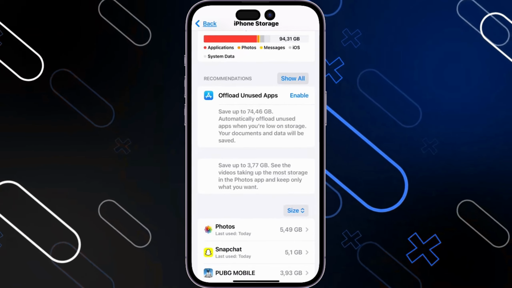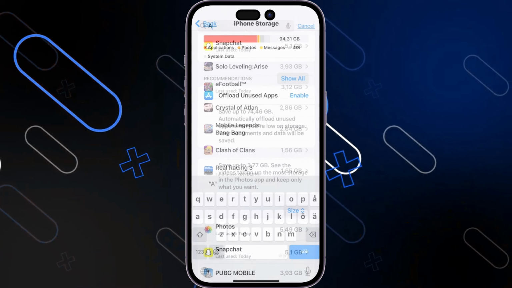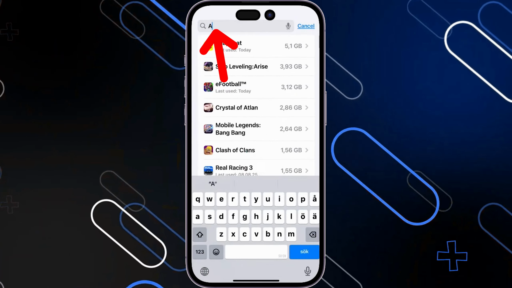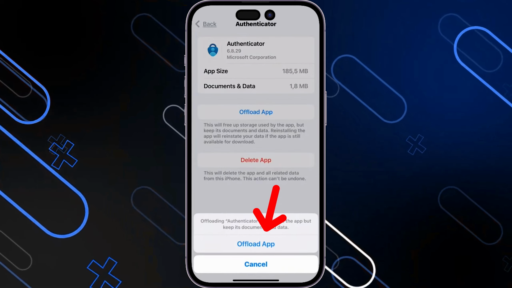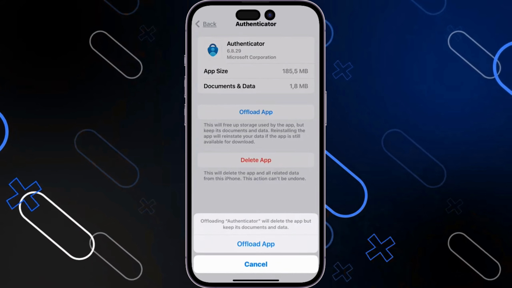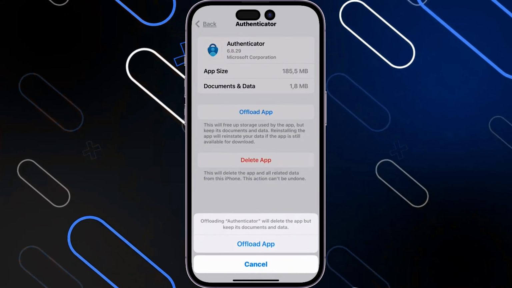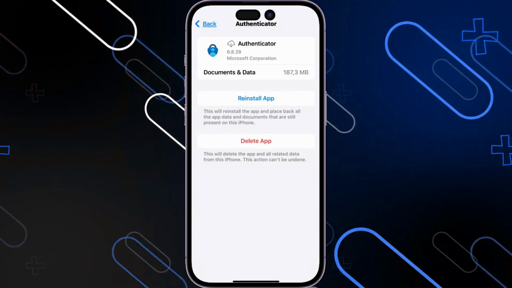So once it's loaded, just like so, you will now have to scroll up till you find here the search bar and search for Authenticator. And here you have it, Authenticator, as you can see. Tap on it. Once you tap on it, you can simply see here Offload app. Simply click on Offload app, then click on Offload app again and wait till it reloads and gives you here